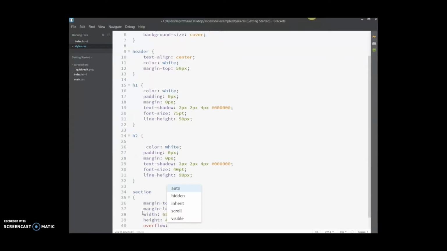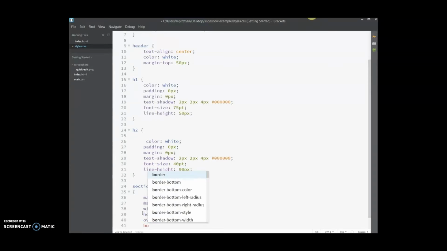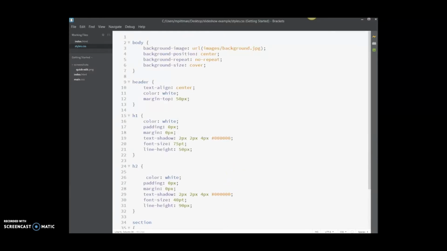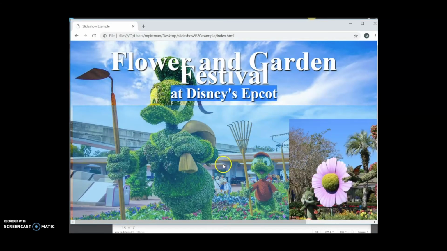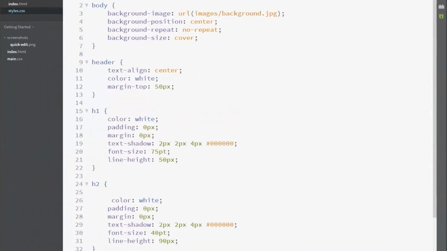I want to hide everything else, so if it is bigger, it'll be hidden. And then I'm going to put in a box shadow here. So 5px, 10px, and I'm going to make it black. And this is my CSS setup for my page itself. The next step, and you can tell how it's now slid over,